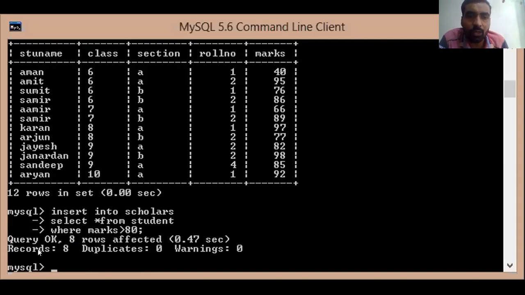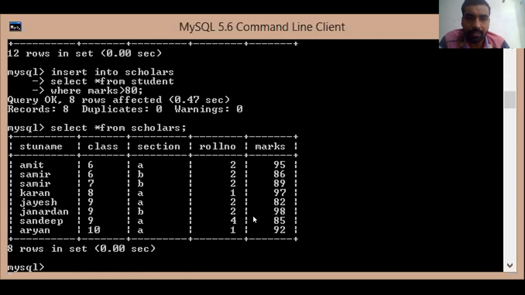Query okay, 8 rows affected. It means 8 records have been inserted. Now you can write the command select from scholars, put the semicolon and press enter key.